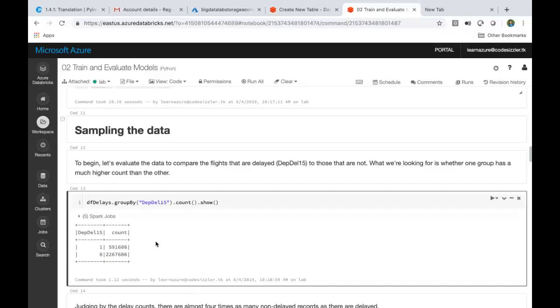We are finding the variable which we want to predict, but we are evaluating if the data set is properly defined or not. Because when you divide this data set of 26 lakh records into ones and zeros and take only 70% data from it, we will not be able to get all the records here or here, because we have large dominance of not delayed than the delayed ones. So when you try to apply your model, the model will tend to predict the not delayed ones more than the delayed ones.